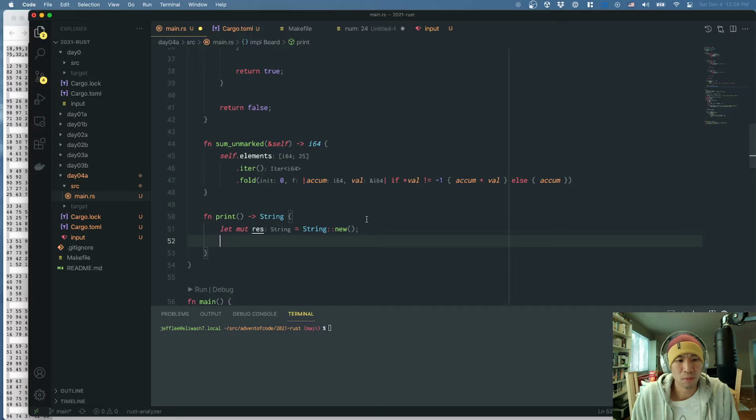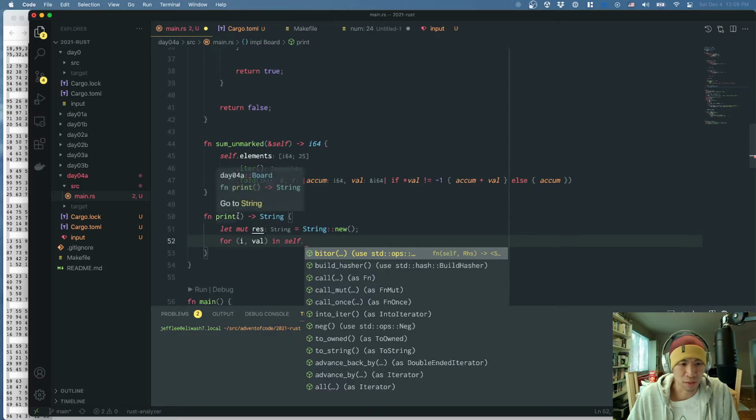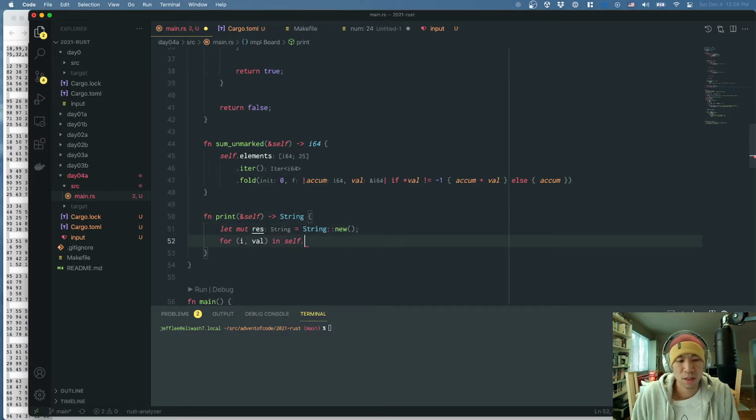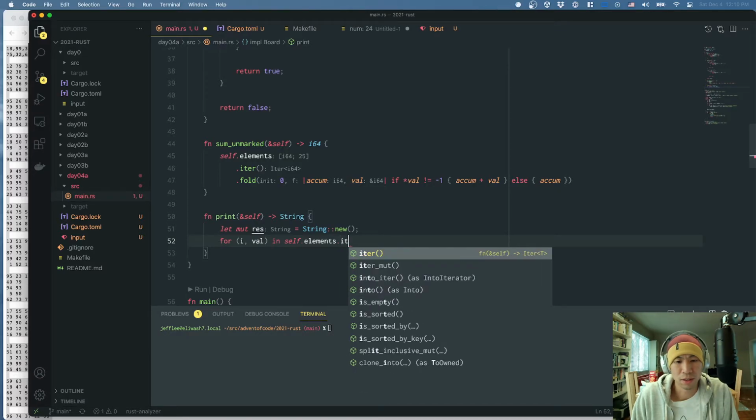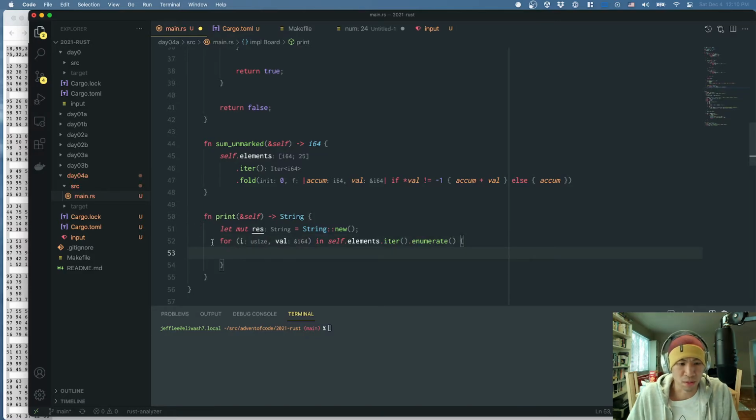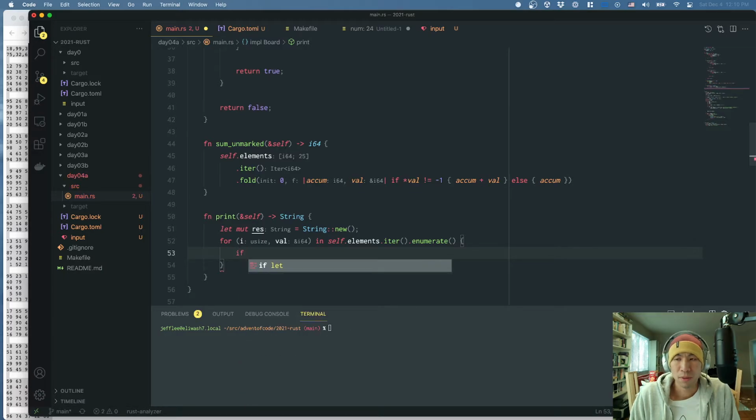So we're just gonna do for (i, val) in self.elements. I need to actually pass self in here. Dot iter dot enumerate, which is what gives us the tuple of the index and the value at the same time. Cool. If we don't want to add a new line the first line, right? But we're saying if i mod 5 is equal to 0 and i is greater than 0, res plus,